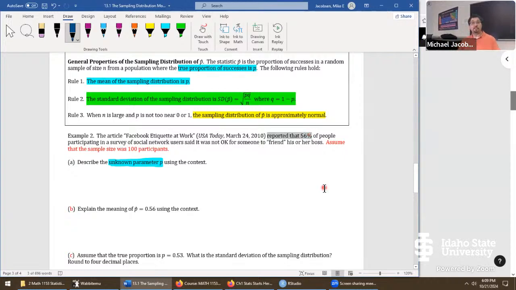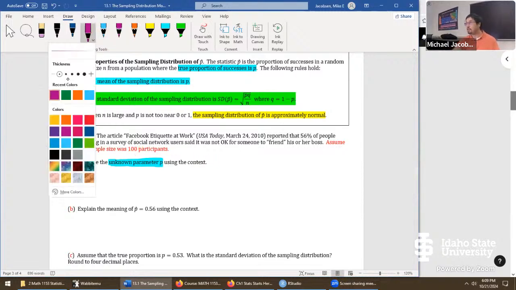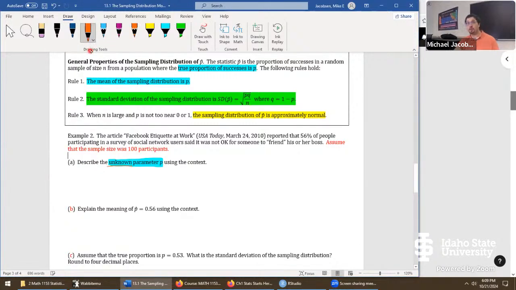Keep in mind the 56% is just a guess at the unknown parameter p. It's not exactly what p is going to be equal to. So when we go to describe this, we need to keep in mind that the part where it says unknown is just a reminder. p is not equal to 0.56 in this problem. We're just giving a verbal description of what it would be. We actually have to do this kind of problem a lot, so this is our first look at it.